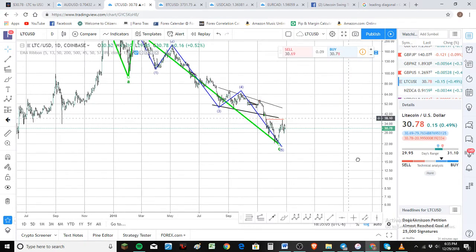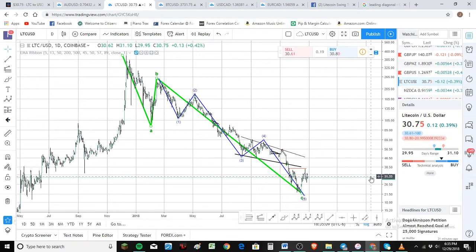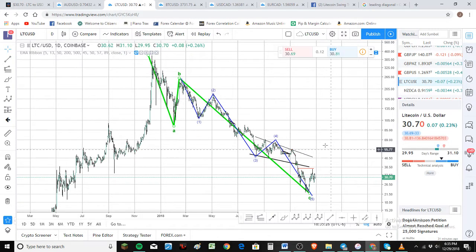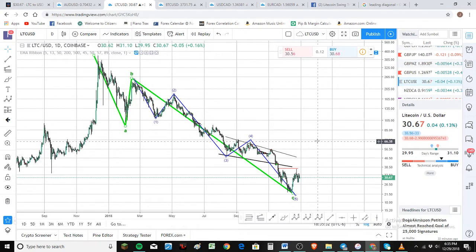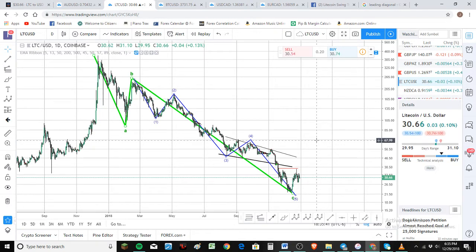All right, so what we're doing here is we're looking at the big picture. Man, I keep going back and forth on this big picture count. I don't know if we're in a double zigzag or just an ABC. If we're in just an ABC, this is a potential bottom for us. If not, we might have one more wave going down. I'm not sure, but one more wave puts us really, really low. I can't even see any room on the chart for much lower, which is why I think possibly we've hit somewhere close to a bottom, and we are potentially making a one wave to the upside. It's not going to be a strong, gigantic bull, but certainly could be.